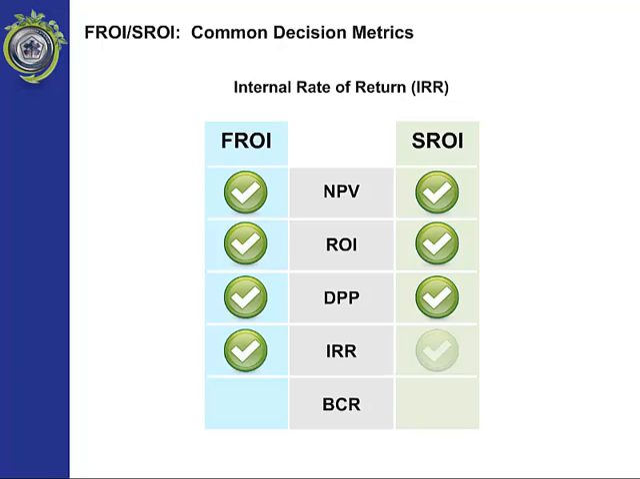Internal rate of return, the discount rate at which the net present value of a project would be zero. Benefit to cost ratio, the ratio of the benefits of a project relative to its costs, with both expressed in present value monetary terms. Traditional FROI outputs reflect the typical financial business case, and SROI outputs reflect the business case